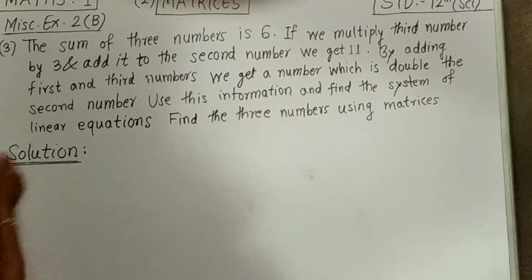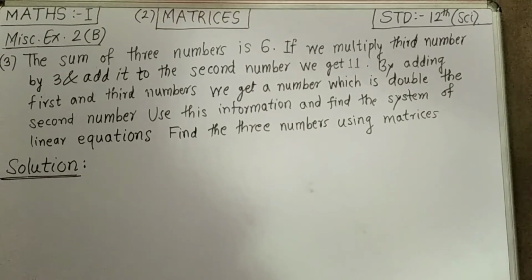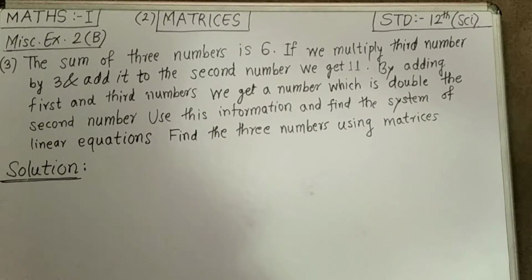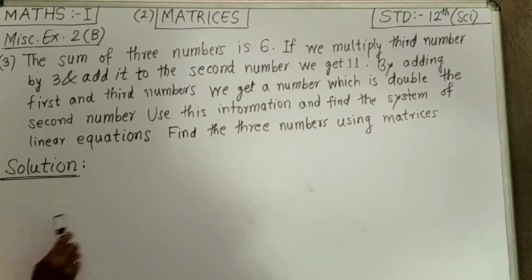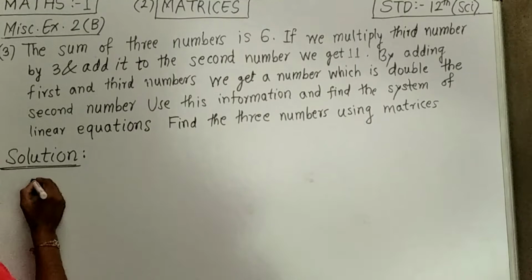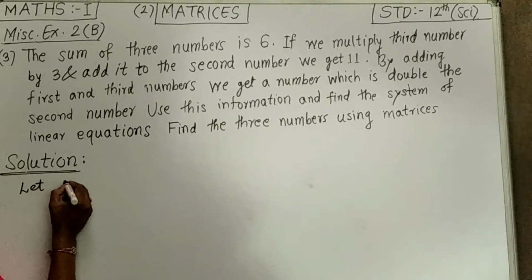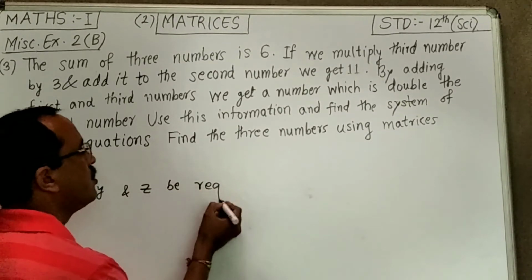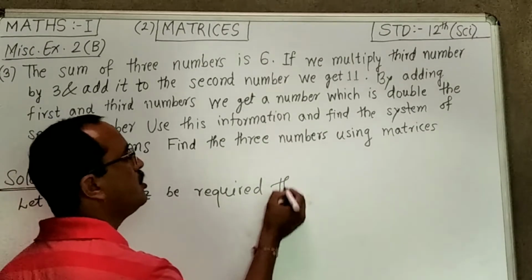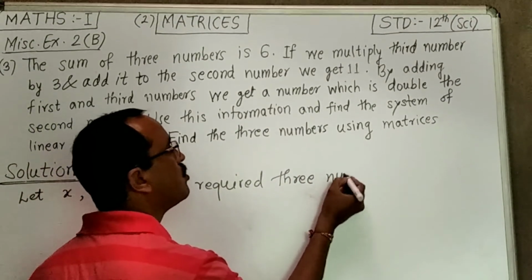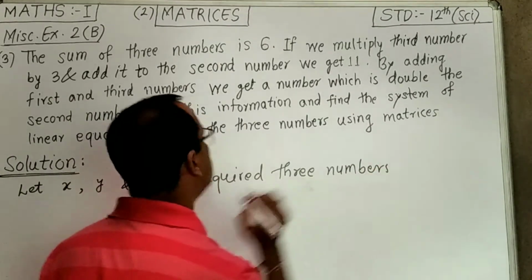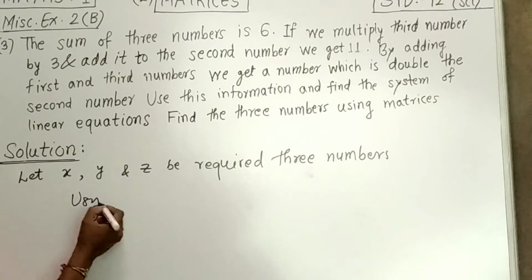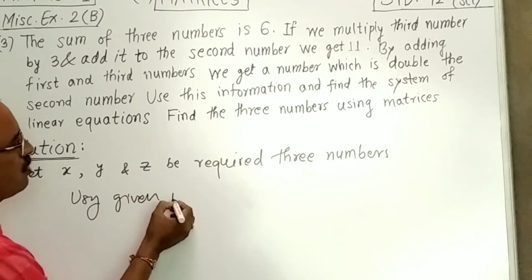Now we have to solve this example by using matrices. First of all, we find the system of linear equations. So consider three numbers. First we let x, y and z be the required three numbers. Now using the given information,